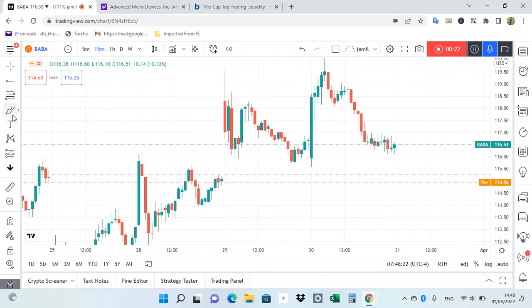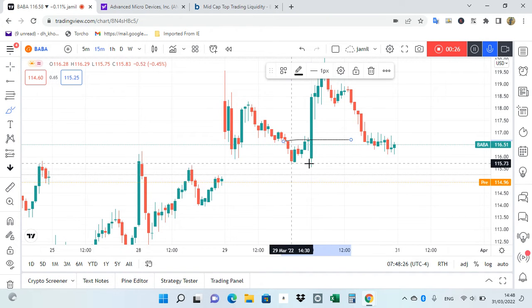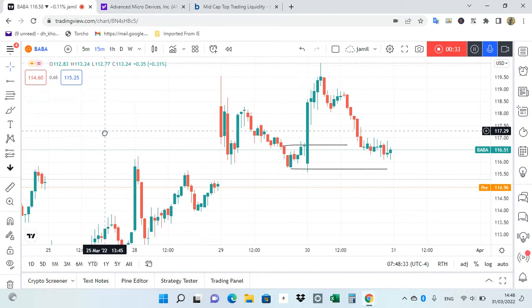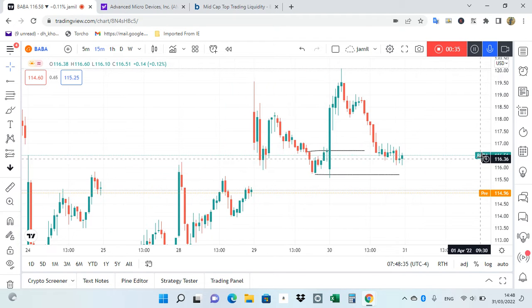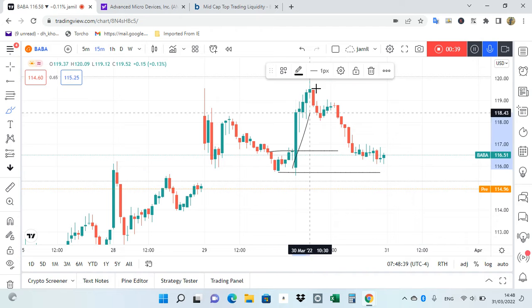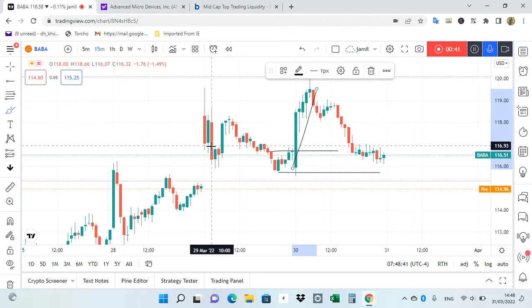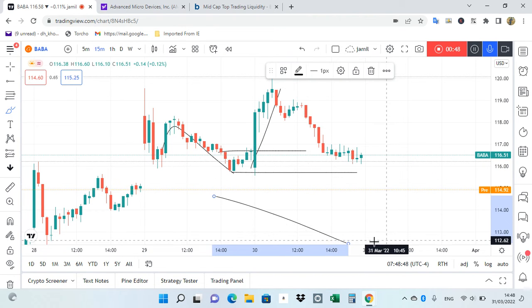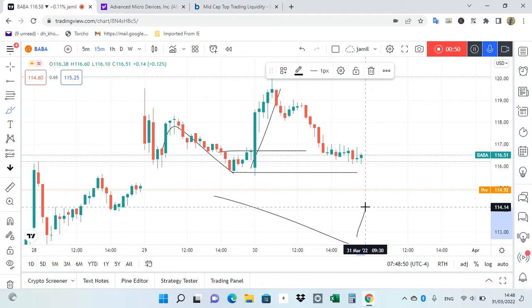So last day, if we remember, we have done analysis. If the market is going to open in this range, and we also see that the market is going to open at 116, right? So the momentum in the morning should not be like that. If we see the market has directly shot up on the higher side, but the previous trend was completely negative.